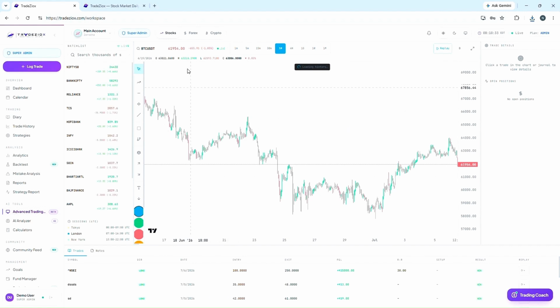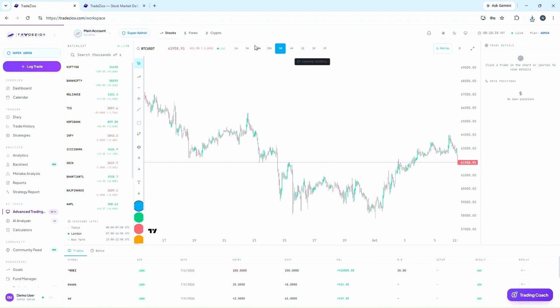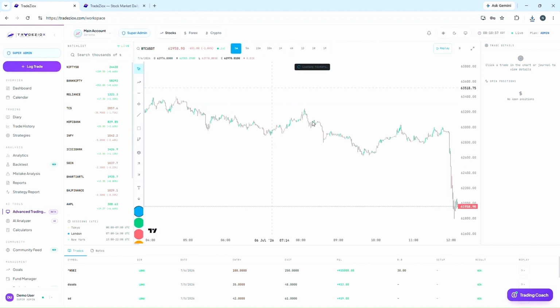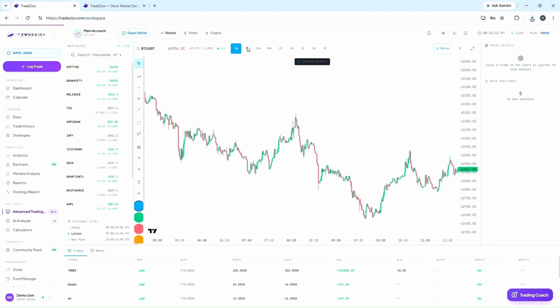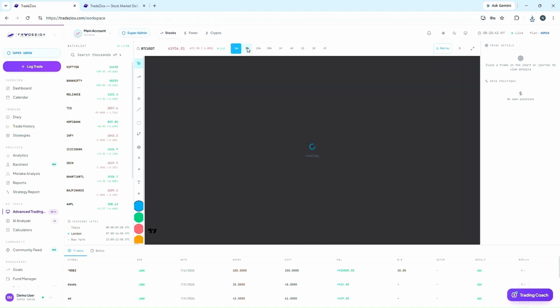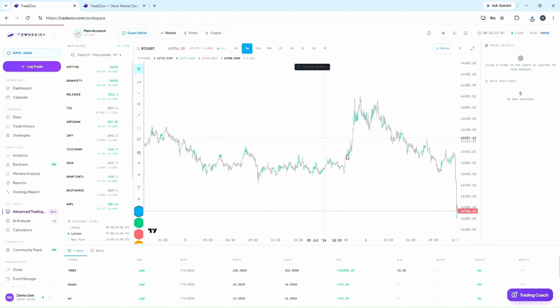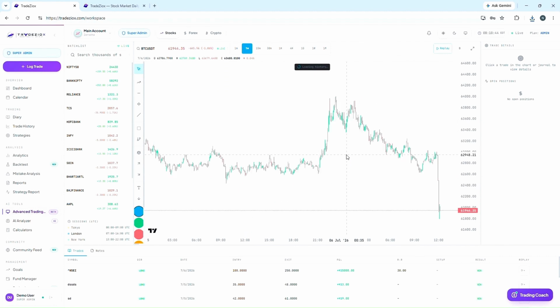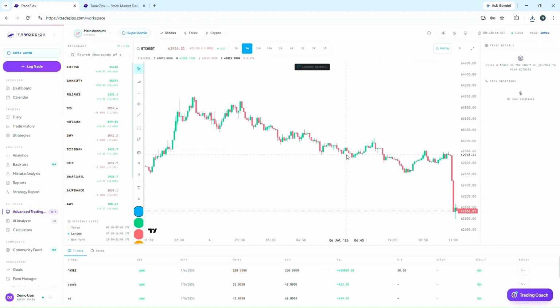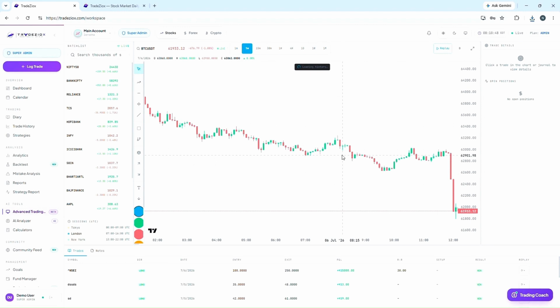Once the chart interface loads up, you'll see a full trading view where you can analyze price action across different time frames. Go ahead and select the 1-minute time frame to view short-term price movements. For a slightly wider perspective, switch over to the 30-minute view. Feel free to cycle through the other time frames like the 1 day, 1 hour, 5-minute, and back to 1